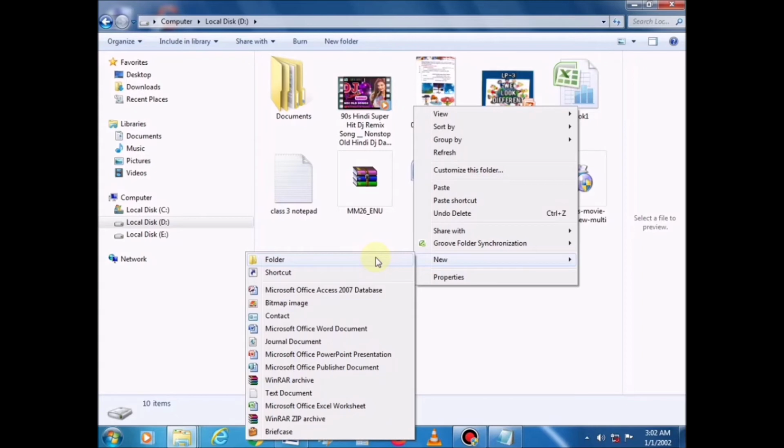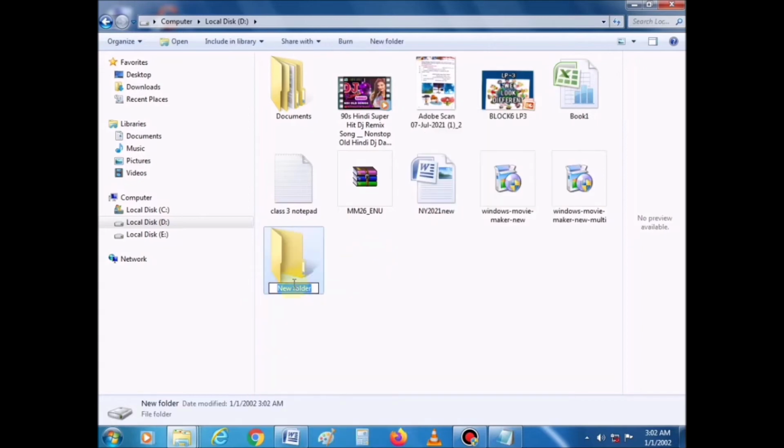Now click Folder to create a folder, or click any of the file types from the list to create a file. Now type the name for a new file or the folder and press Enter key. Now you can see here the new folder is created.